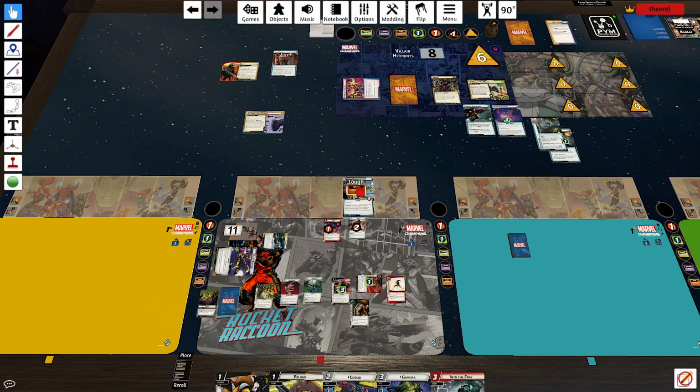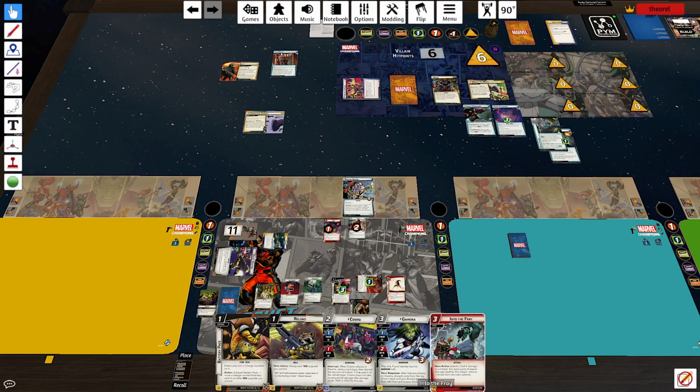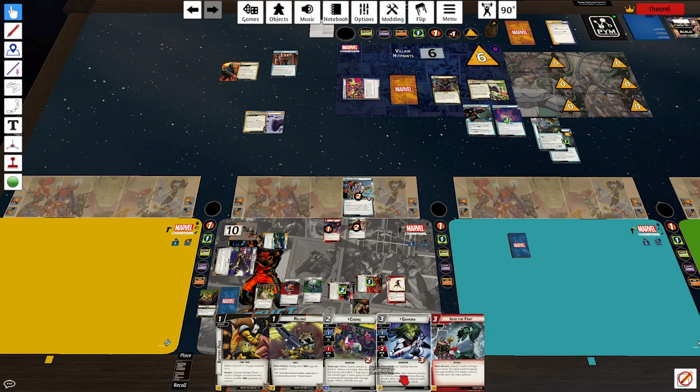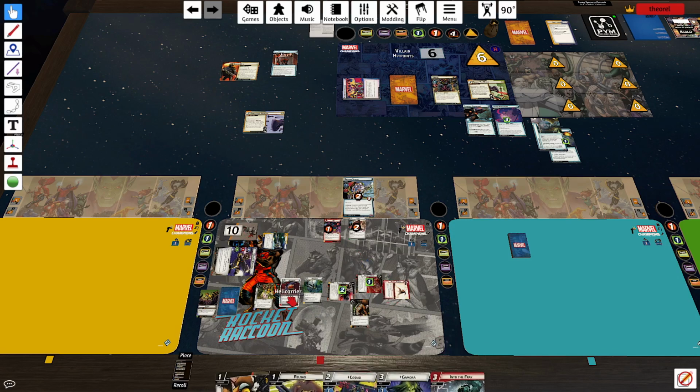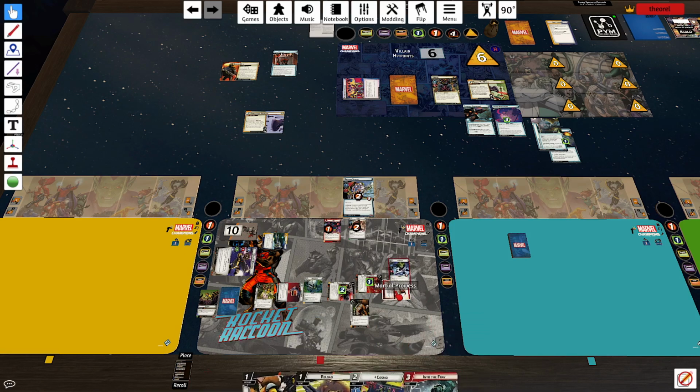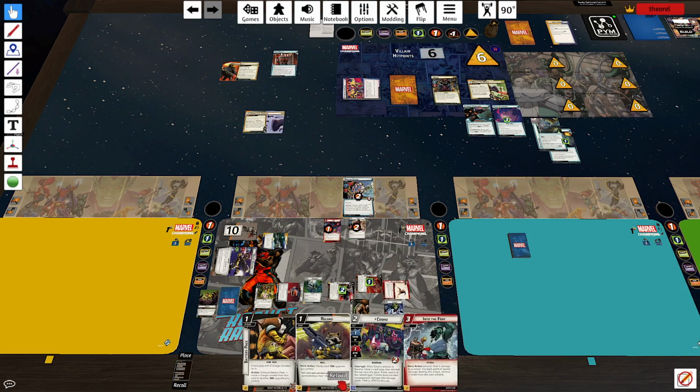Then we're going to use the rocket launcher to ping off his tough and deal 2 damage to that guy. I'm going to go ahead and rocket pistol him for 2 threat removal and 1 retaliate damage, consequential. So we can martial prowess, we can helicarrier, we can pay 1 card for into the fray, pay 1 for